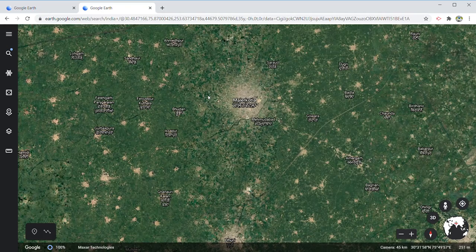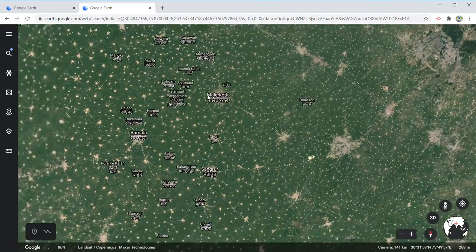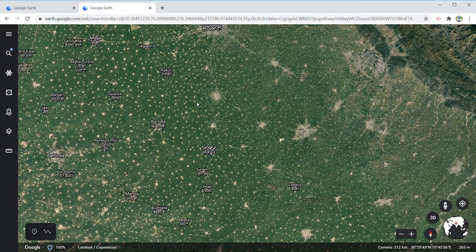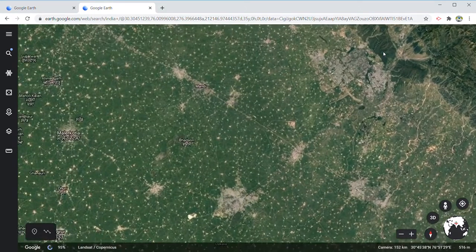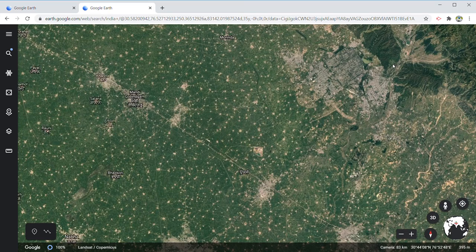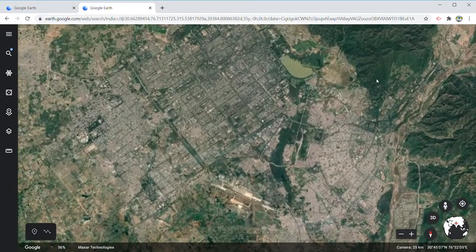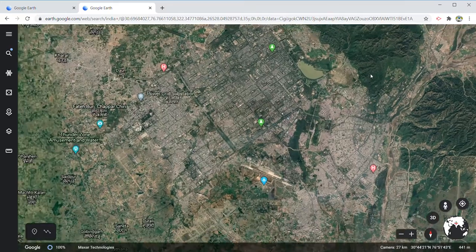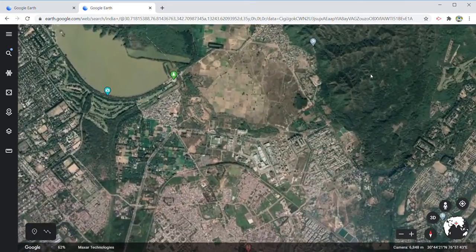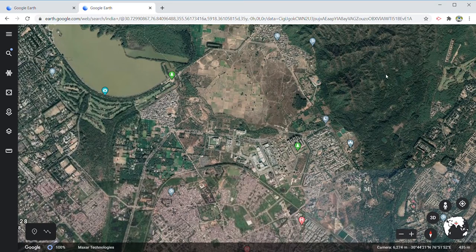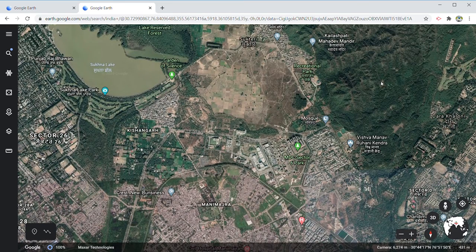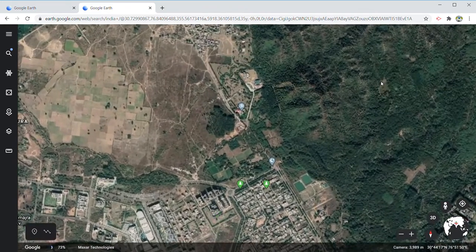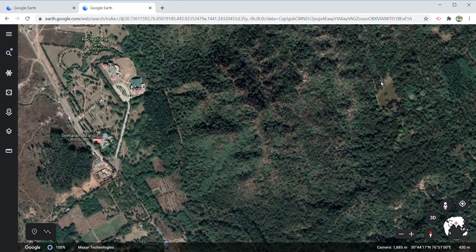Now let's go to the next category of land use. The next category of land use is forest land. So in India, a large part of the area is under forest. Let's see this forest cover in Uttarakhand. This is forest area. So that is also land use. So here the land is used for what purposes? It is used for forest areas. You see this? This is a forest patch. So land is used for forest purposes. This is called forest land, and India has 22.89% of land under forest.